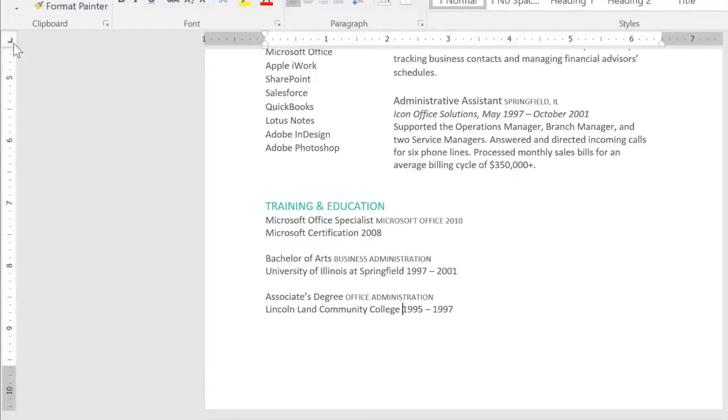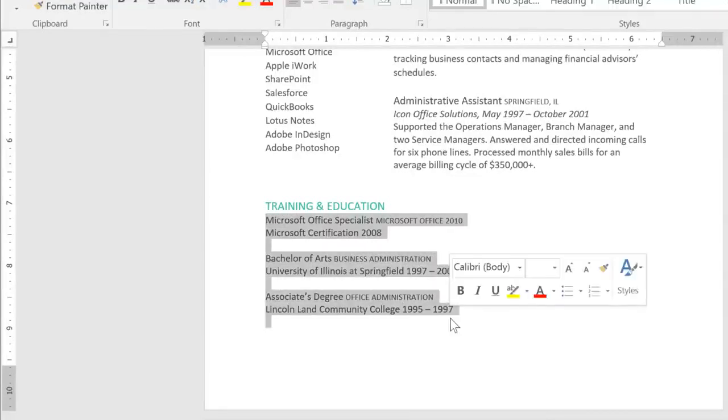Just like with indents, tab stops only apply to the selected paragraph. So select all of the ones that need tab stops. Then click on the bottom edge of the ruler where you'd like the